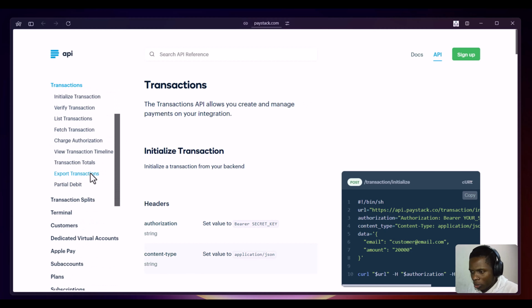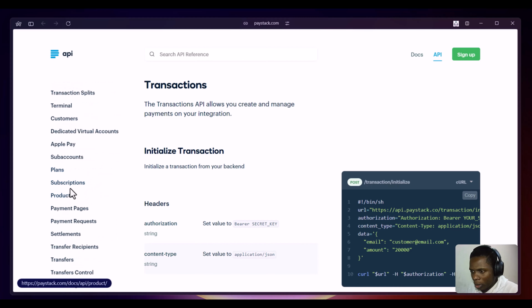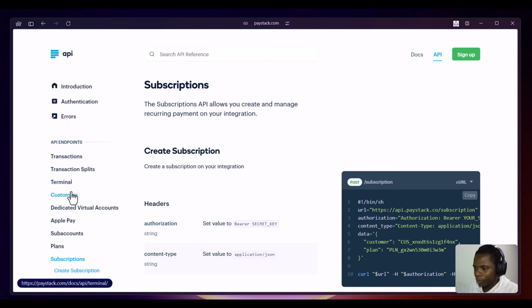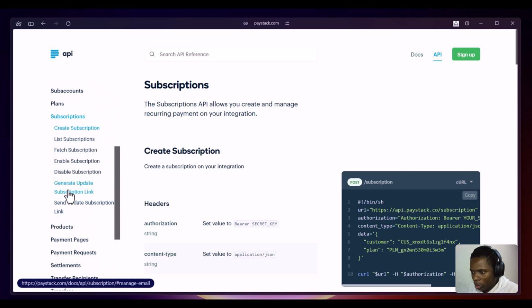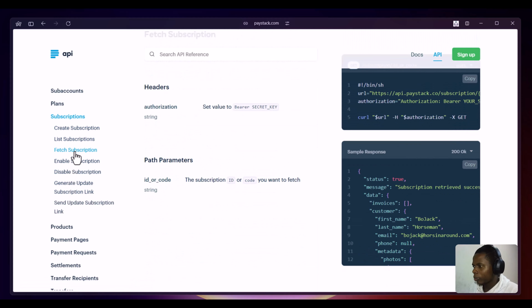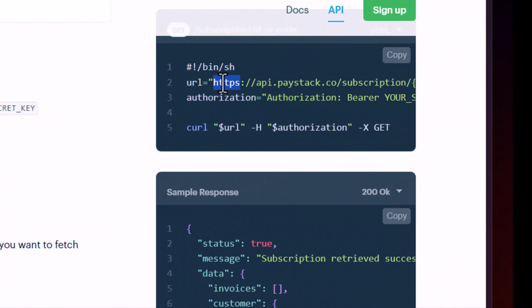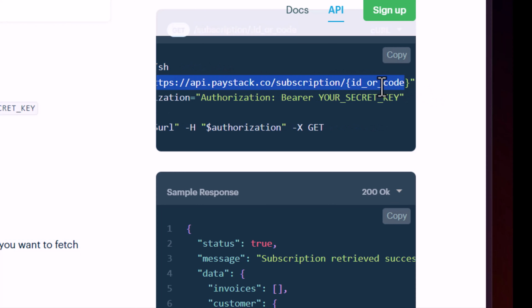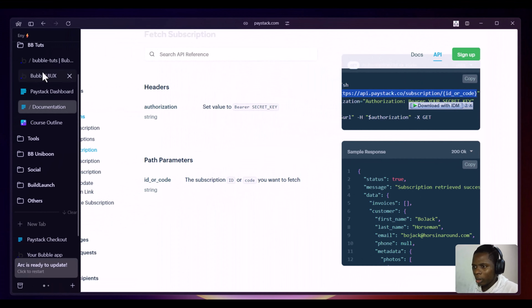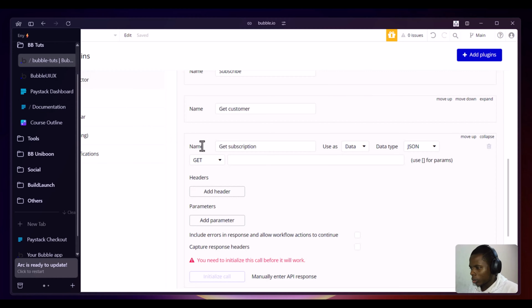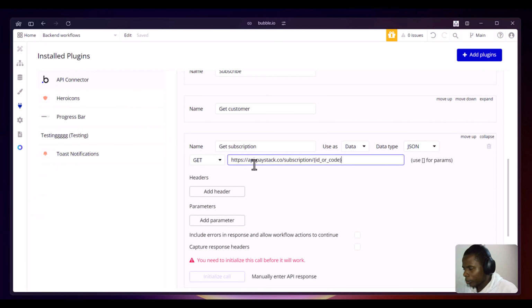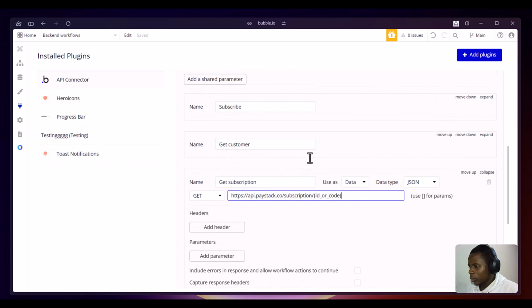And then just scroll down to subscriptions. Okay, under subscriptions, fetch subscription. Then you want to copy this base URL here, copy that, and then back to Bubble, then paste it here. So just like we did in the previous call we set up, we want to replace